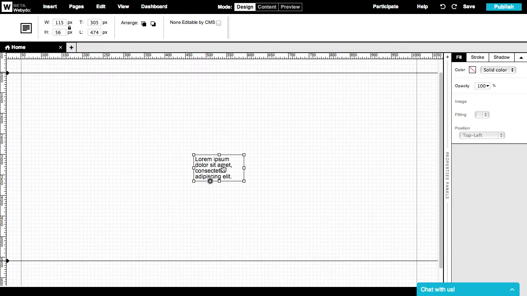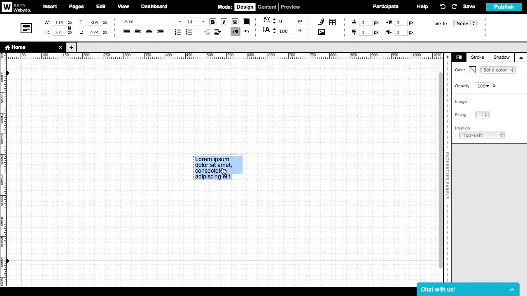Every new text element that we create will show up on the canvas with a dummy text, lorem ipsum. When we choose the text element, a multi-properties menu panel opens up on the right side of the canvas. Here you can adjust the fill, stroke, or shadowing of the element. If you want to design the text itself, just double-click on the bounding box and the text editor will appear